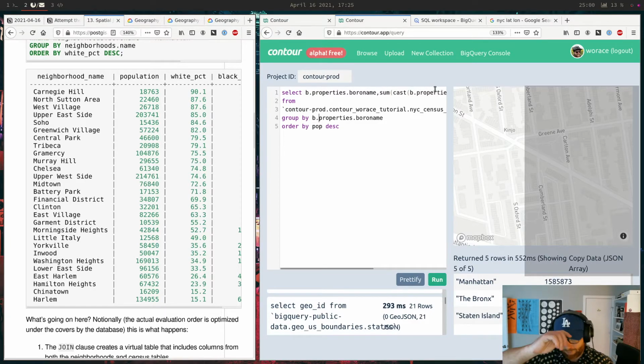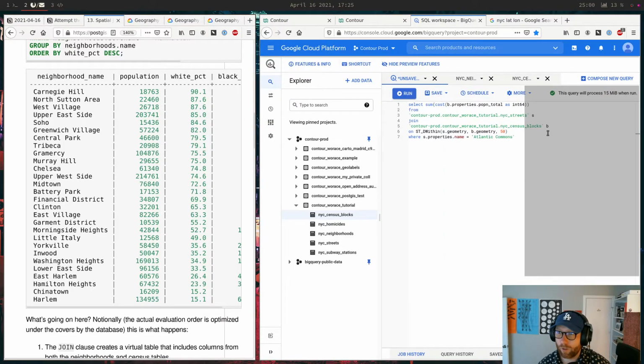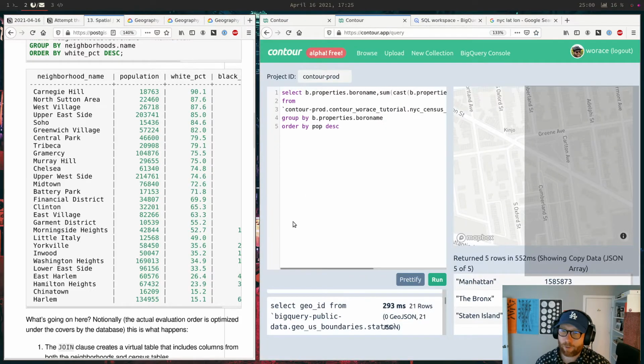I'm wondering now if there's any way to do this so that the query box is horizontal and the map is below it, because having this so narrow is really annoying. I have the font blown up for the stream, obviously, so it's a little harder to see.